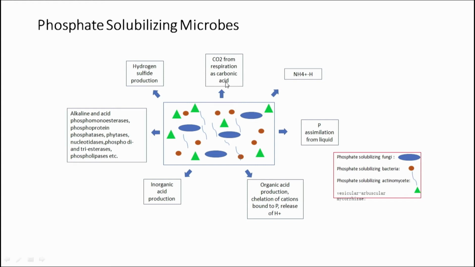So this carbonic acid can now solubilize this inorganic phosphate containing material. Or many of these are going to assimilate phosphorus from the liquid. So they have materials which are exuded out from the bacterial cell, and they are capable of assimilating phosphorus. Then there is another example here, that is organic acid production. Apart from carbonic acid, you can make some other kinds of acids like formic acid or lactic acid, etc. And they can also be used for solubilization purposes.